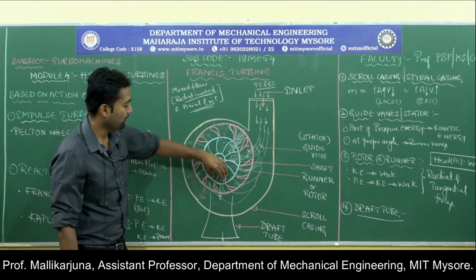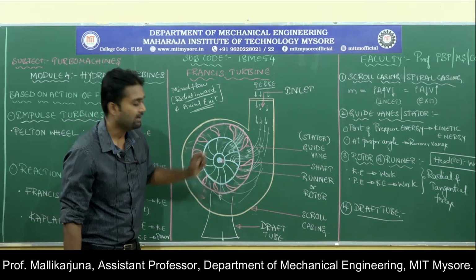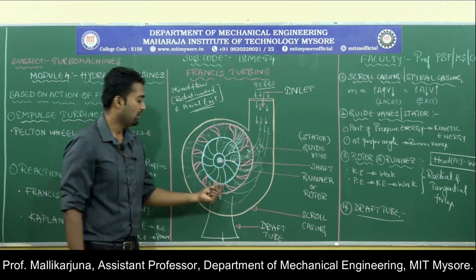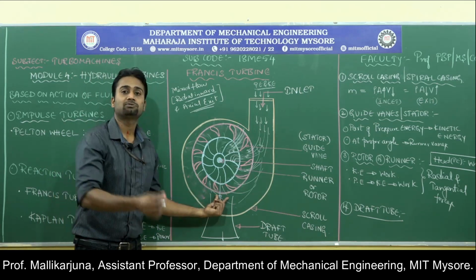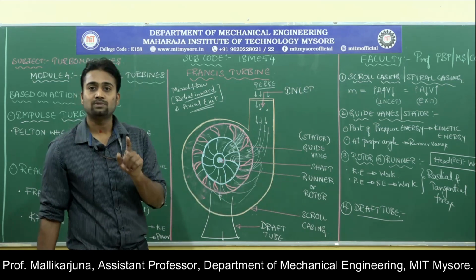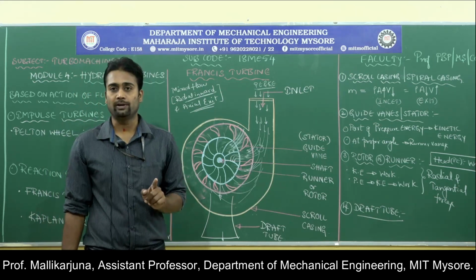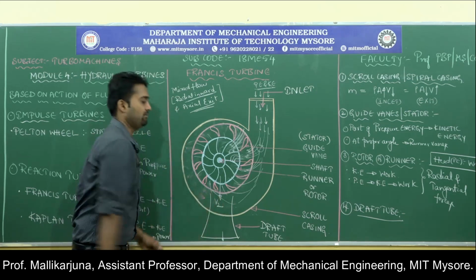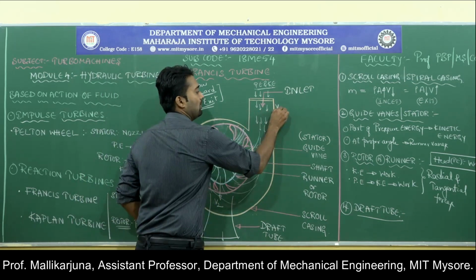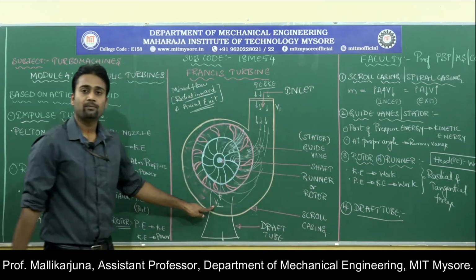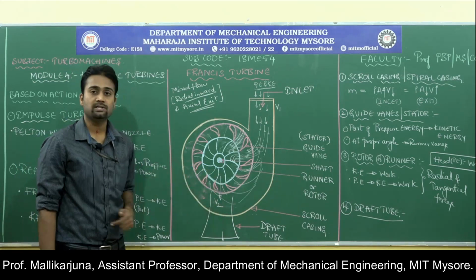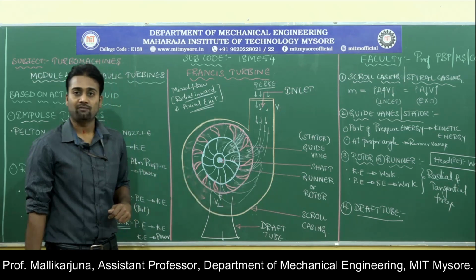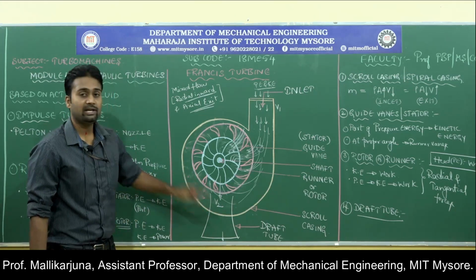We know the fluid which is coming out of the turbine is coming with certain velocity. The velocity of the fluid at the exit of the turbine is not equal to 0. The absolute velocity still remains in the fluid. Let us say that velocity is V2, the exit velocity, and the entry velocity is V1. V2 is the velocity with which the fluid is coming out of the turbine and entering into the draft tube. Here we need to understand,